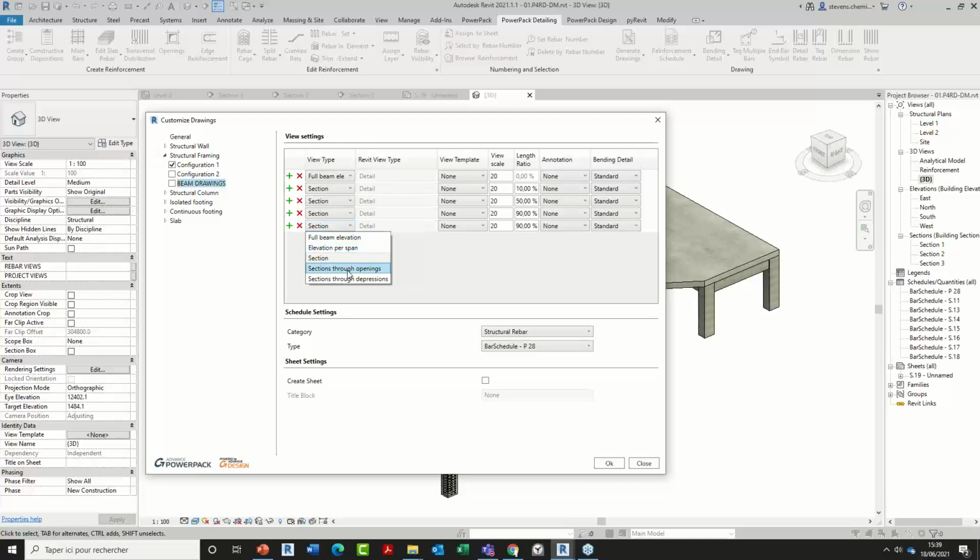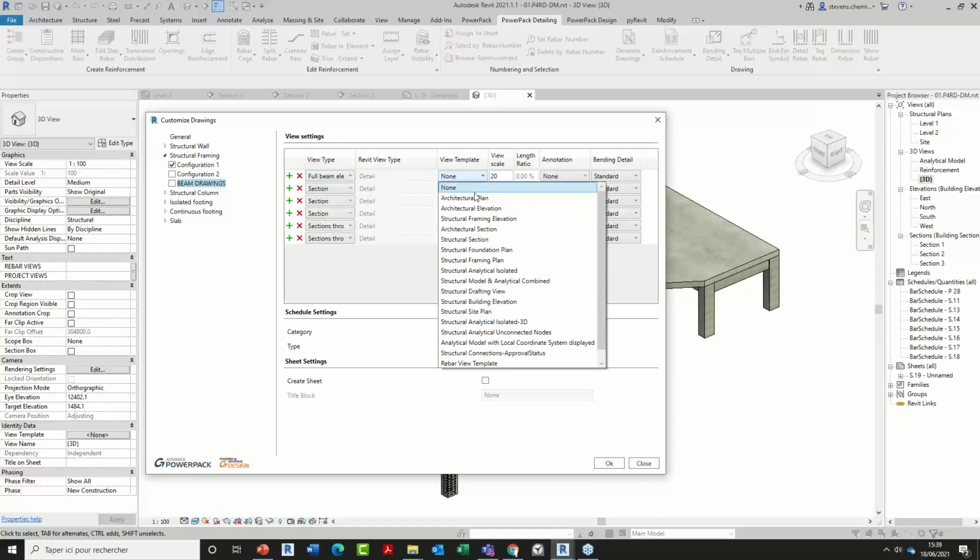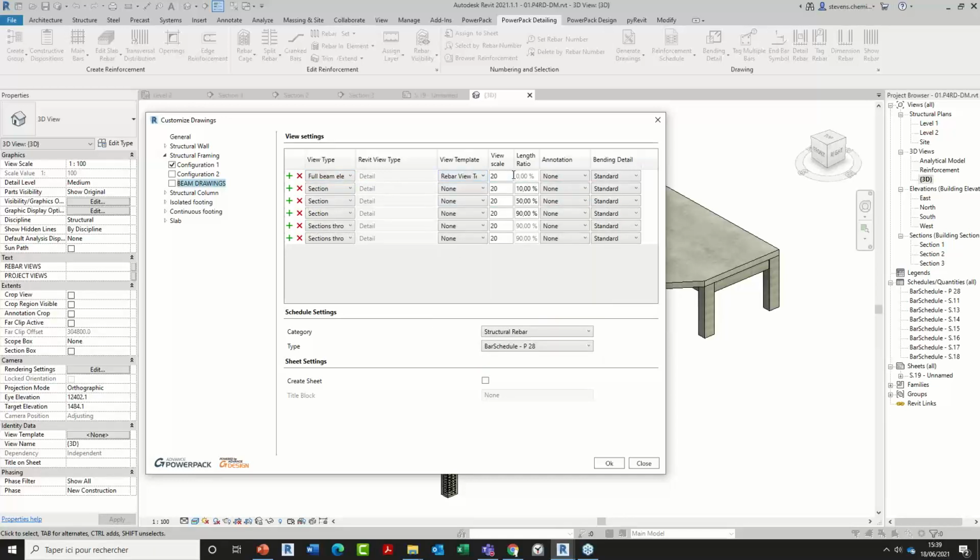And I can create some rules to automate the section creation. For example, I want to automate the section creation through openings, through depressions, and I can tell my software that I want to use a specific rebar template for this elevation, which can be your own template, and change the default scales and decide to place some bending details for only those sections, but none for the other ones.